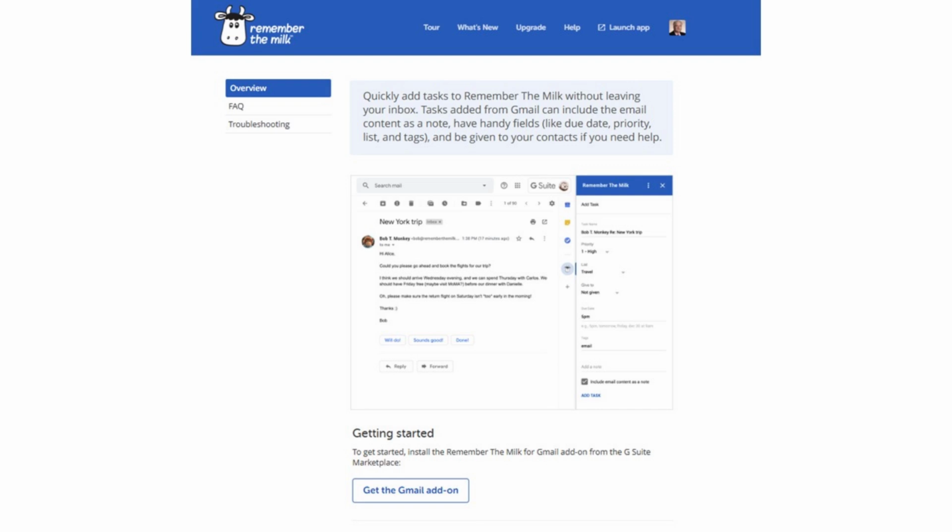Now, Remember the Milk offers a special Gmail add-on. With this installed, you can add emails to your task list and maintain links to the original email. Even if you delete the email, you'll still have access to it for 30 days before it's permanently moved to the trash. You just click on that little add-on over in the side, as you're looking at the